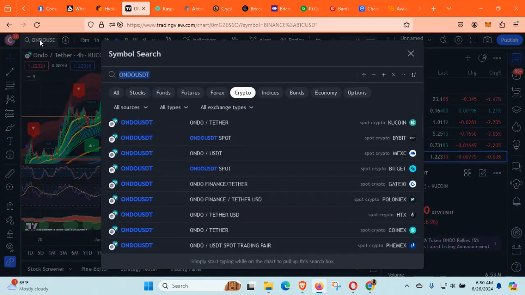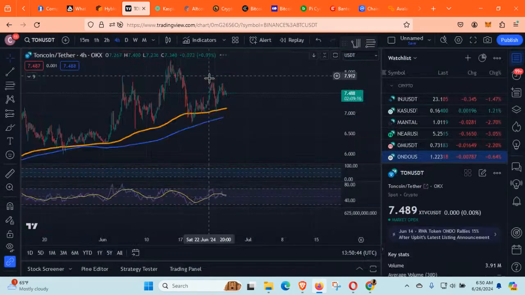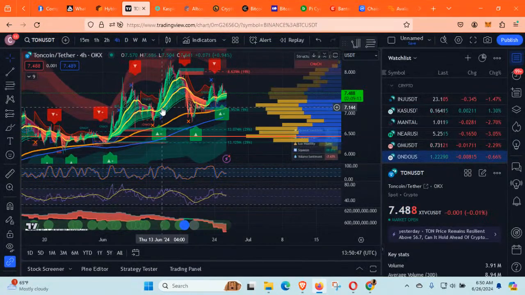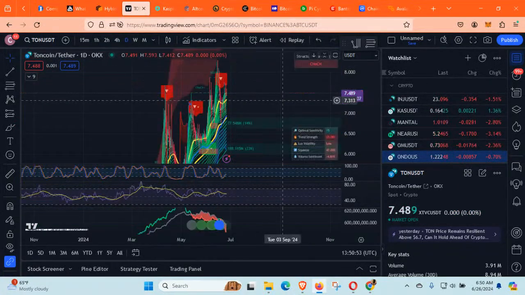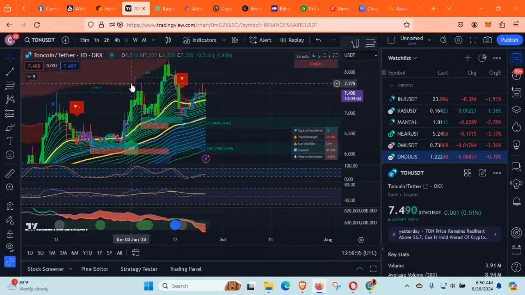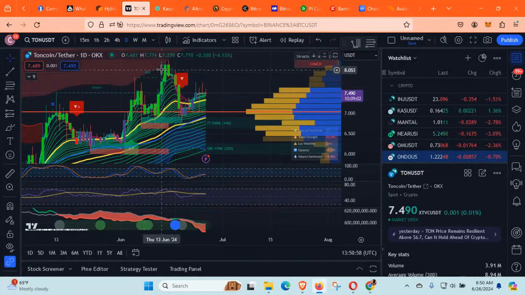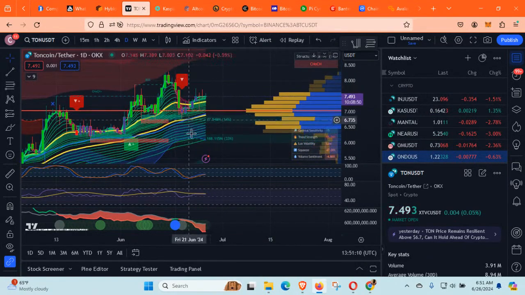Let's go across to the TON coin here, and have a look. My only concern with the TON coin right now is we've got a possible head and shoulders pattern. See if that also is across. Yep, on the daily, it's there. So head and shoulders: left shoulder, head, and a right shoulder. Is it going to form and come down? If so, we could see a pretty sharp move to the downside here. And so I'm going to keep the community updated on that to see how we go.